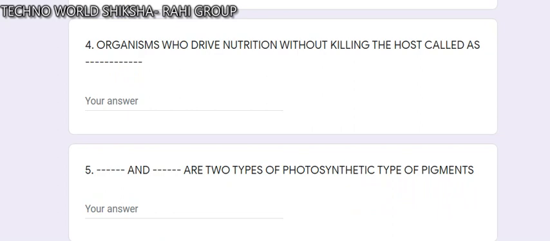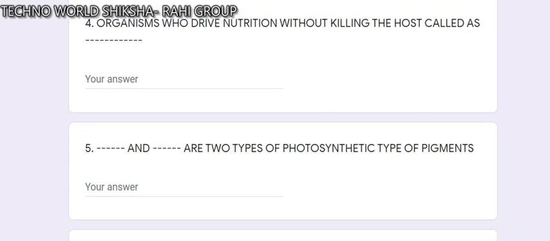Parasites are those kinds of organisms which live in the body of the host. Hosts are those in whose body the parasites live. So these live in the body of the host, derive their nutrition from the body of the host, but without killing them, without causing any harm to the body of the host. In case of humans, an example of a parasite is the mosquito. Mosquito derives nutrition from our blood, but it doesn't kill the human, it doesn't kill the host. So parasites are such organisms which derive nutrition from the host, but generally they do not cause any harm or kill the host.